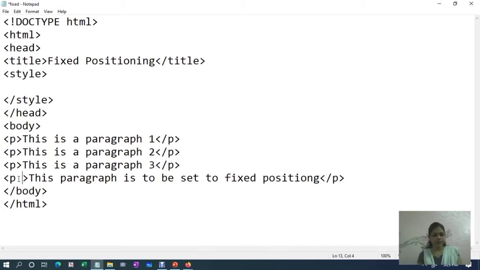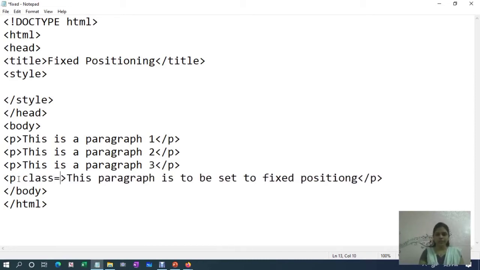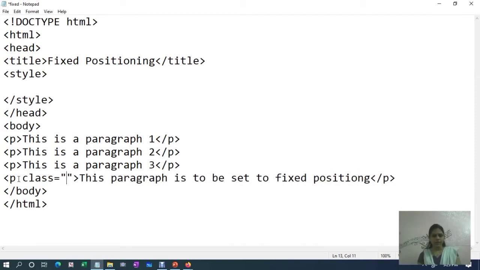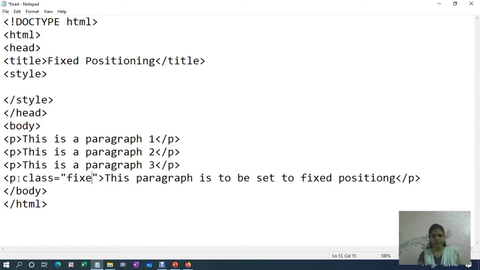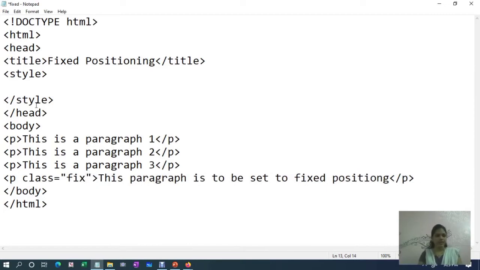Suppose we use class property. So provide class to it. Suppose class is equal to, give any meaningful name. Suppose we provide the name fix. Then here for class selector the symbol used is a dot symbol.